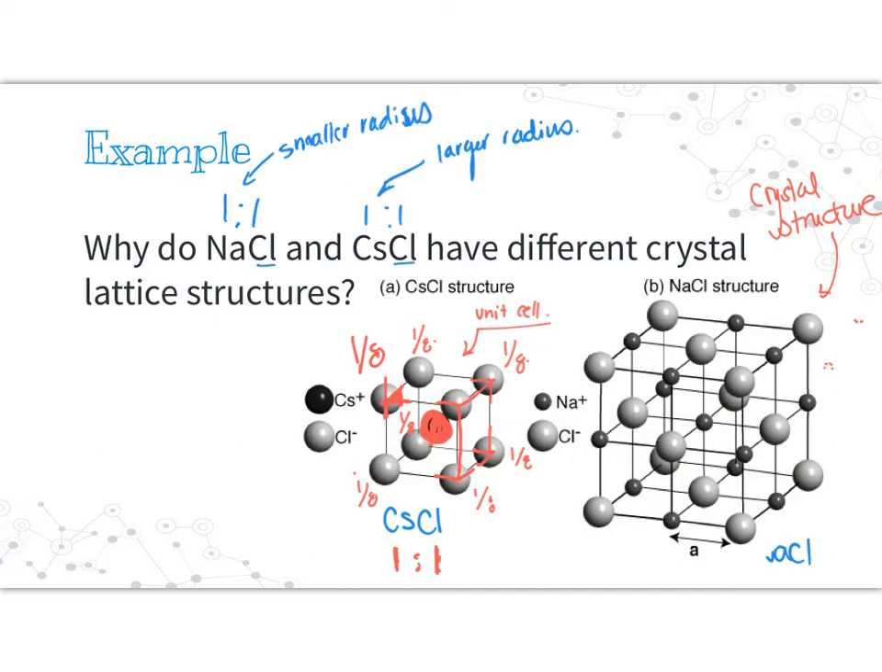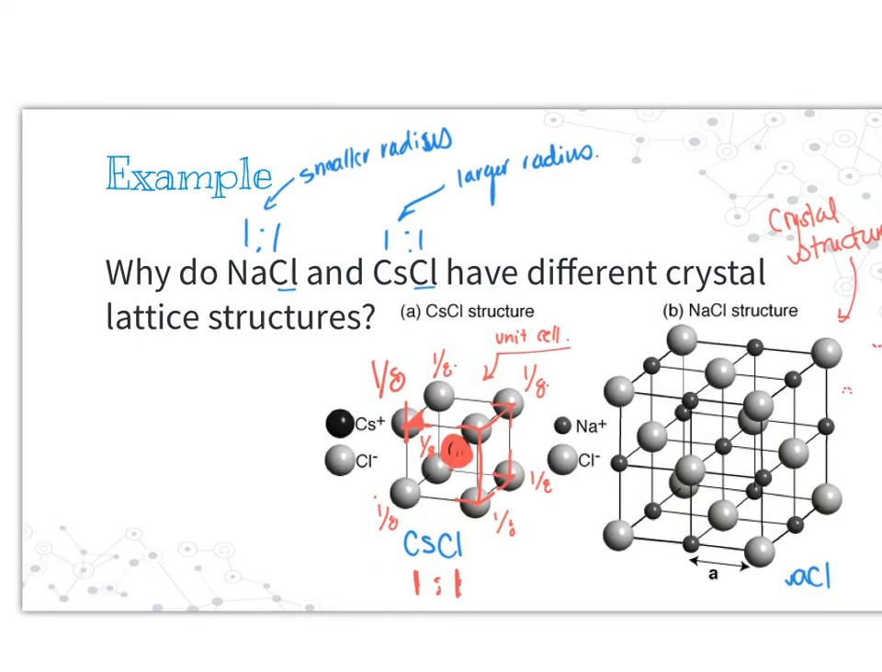Chlorines, because they're the same anion in both, are the same. So chlorine cannot be changing the structure here, because they are identical size. Therefore, the reason that these are different is not because of their ratio. They have the same ratio. It is because their cations